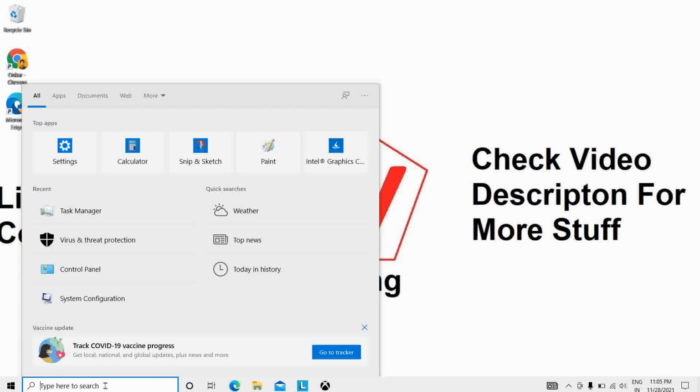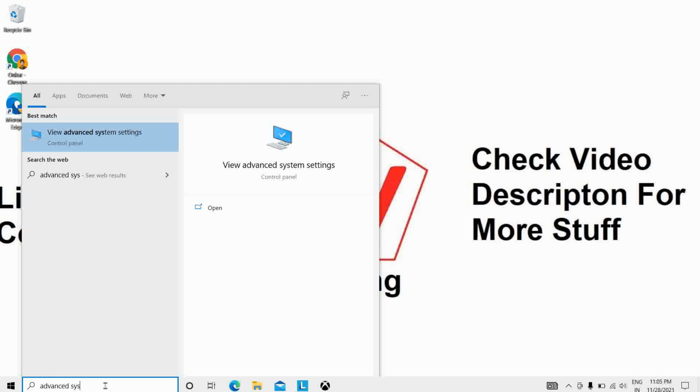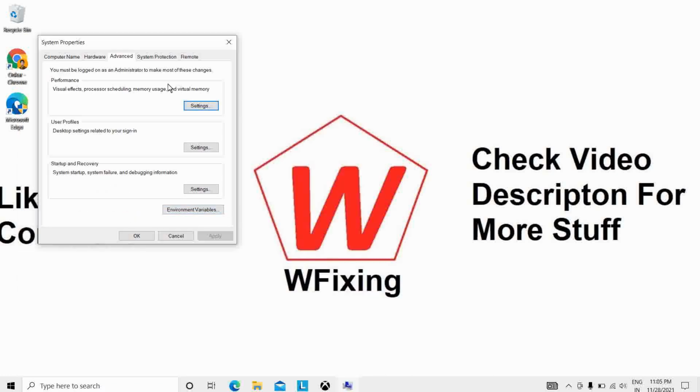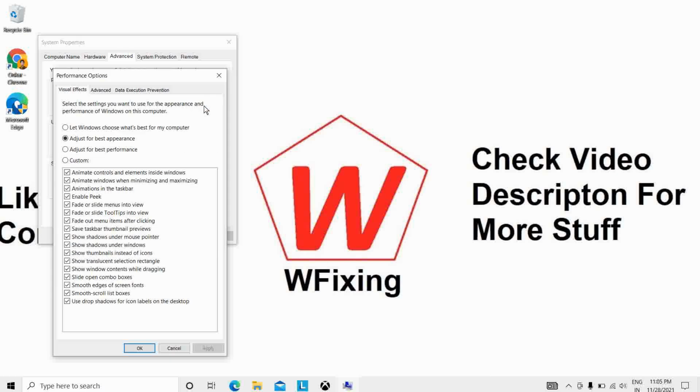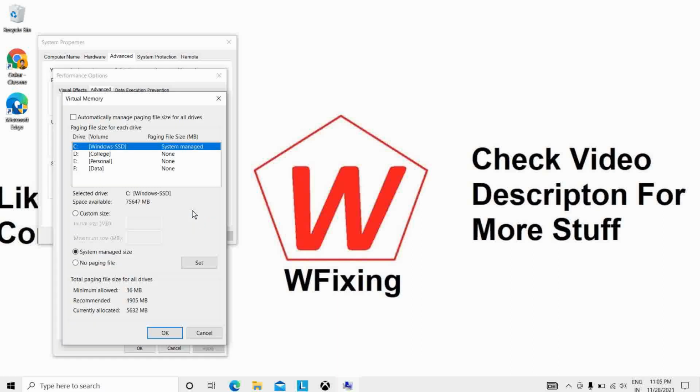So I will type here advanced system settings. Okay, view advanced system settings, I will click on OK. In that you have to go to Advanced, then click on Settings. You will see a tab pop up in front of us, click on Advanced again, and on this you have to click Change.